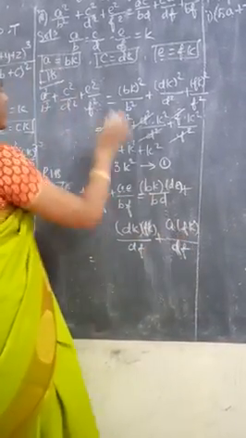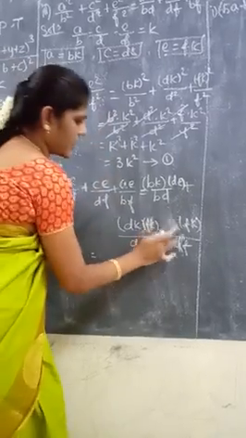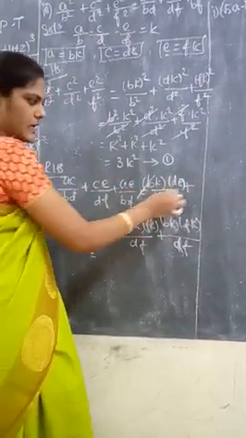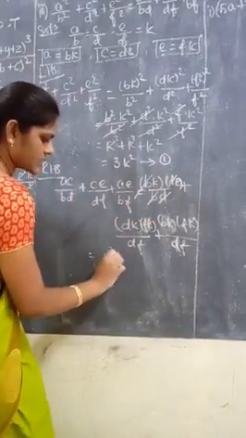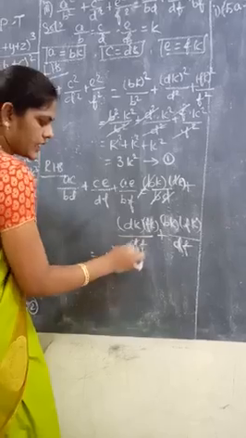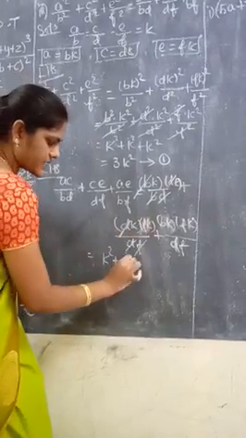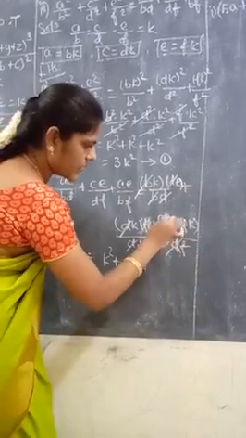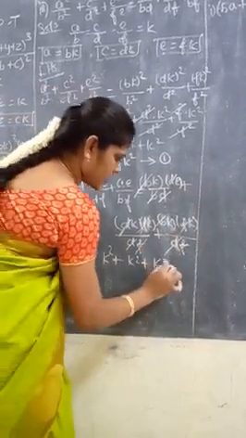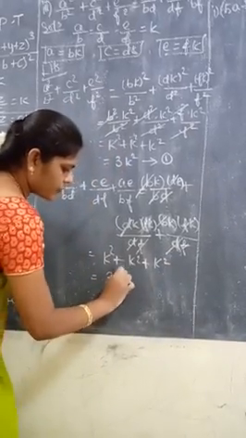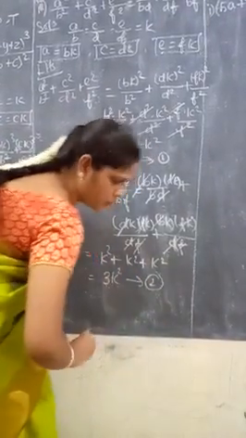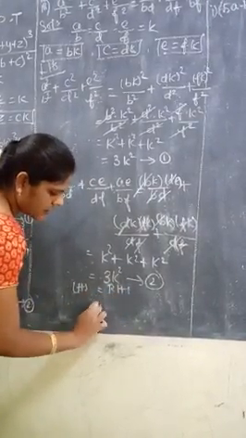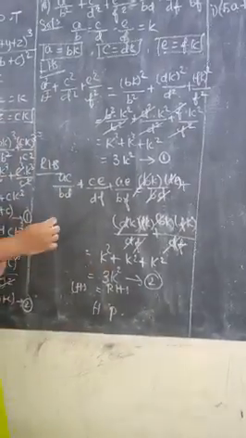Next, instead of A, apply dk. Next, B term, B cancel, dt cancel, we have only k square. Plus here, bb cancel, ff cancel, k square. So same formation, take this as equation number 2. Now left hand side is equal to right hand side, hence proved.